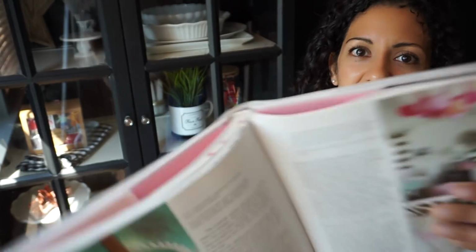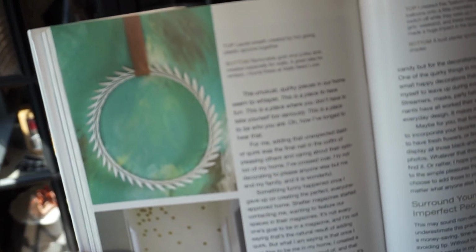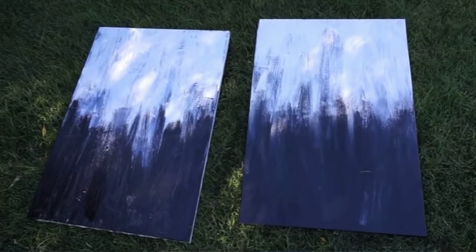So she just painted the canvas in her favorite colors of the moment, and maybe she's already repainted over it again. I've painted over my canvases so many times. They're getting warped. I need to figure out something to do. But I've had these big canvases that are now black and white, and I showed you that DIY, but